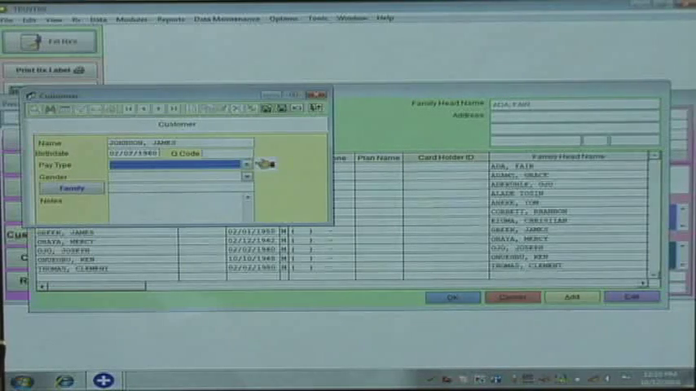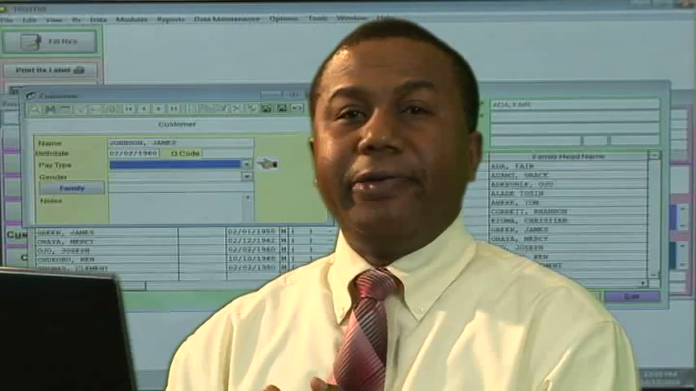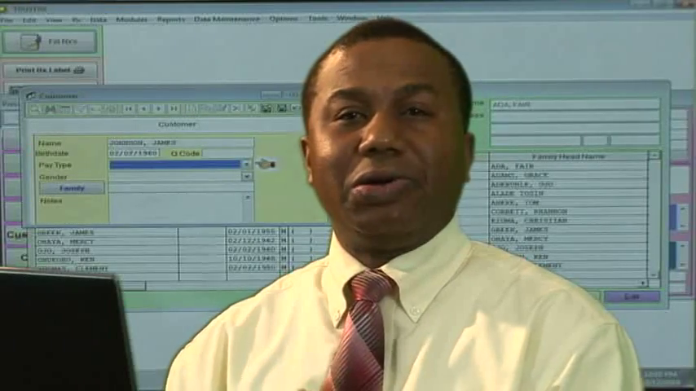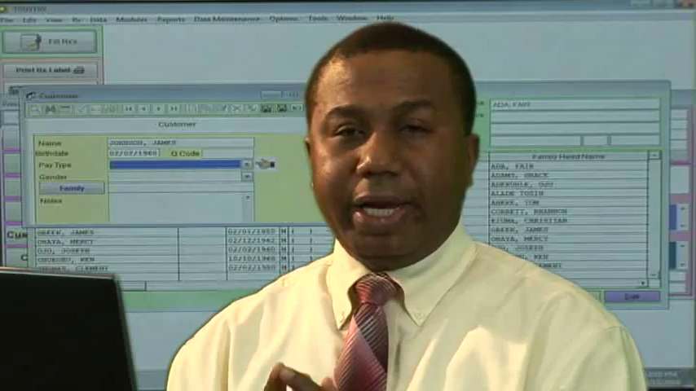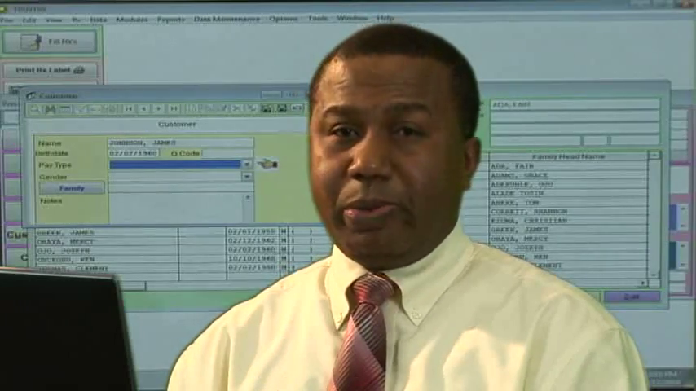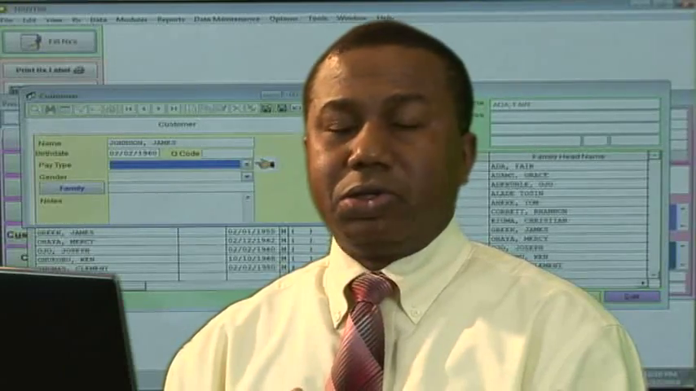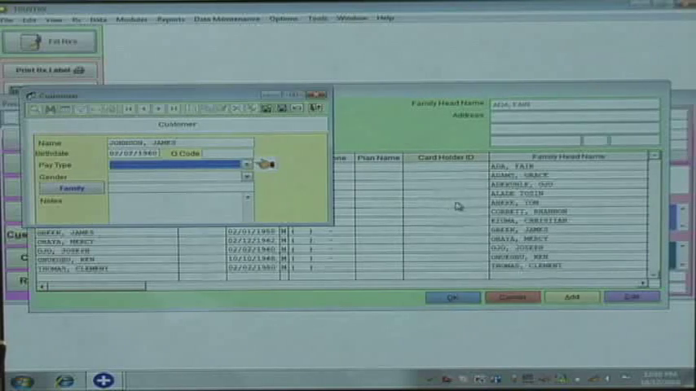Tab to the next, and you see, it says pay type. Does this patient have insurance or is this private? In Nigeria at this time, most people are private pay. So choose private. Click on the arrow pointing down and select private. Another way you can do that is you hit P there, and that will select private for you. It brings you to the next item,